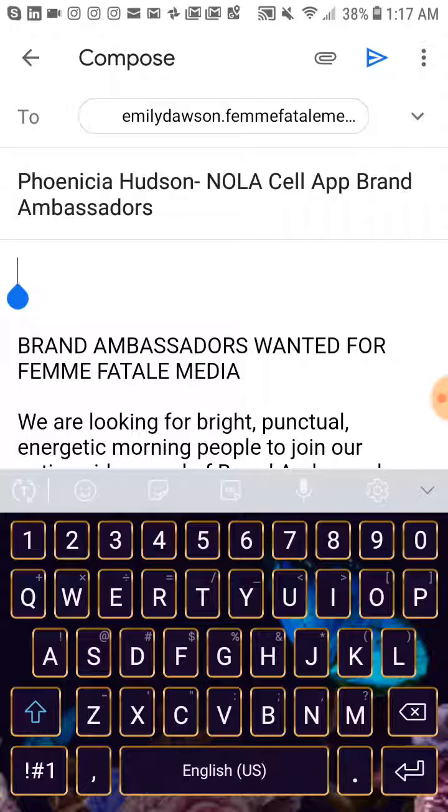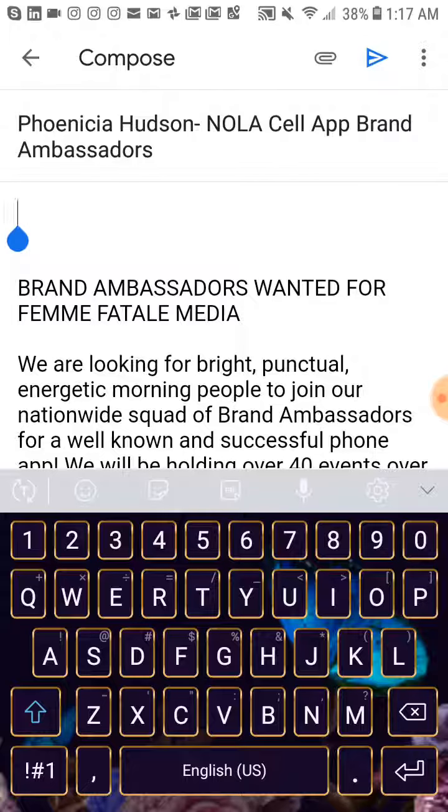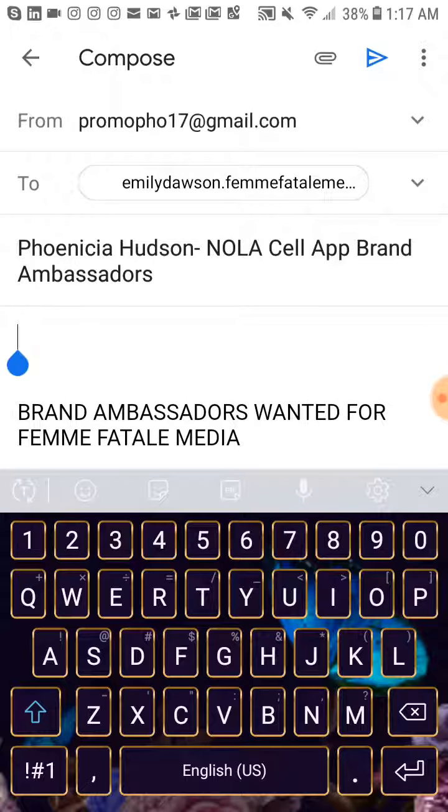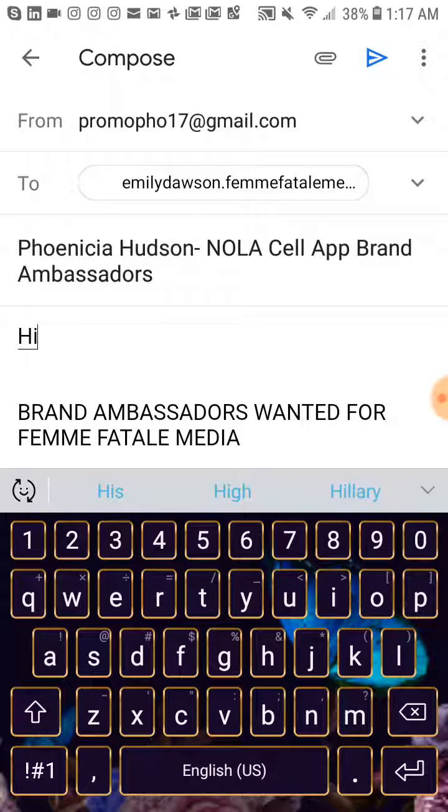If the email address that they provided me with has a name in it, and I definitely know what the name is, and I don't have to decipher if it's one of those first name and the whole last name, but I can clearly see this is going to Emily, and she was the one who actually posted it. So I want to make sure that I address it to Emily because it's her email address. So hi Emily, okay? Comma,